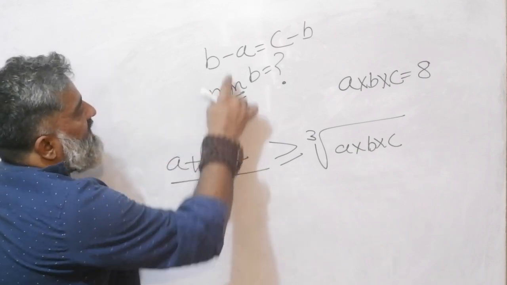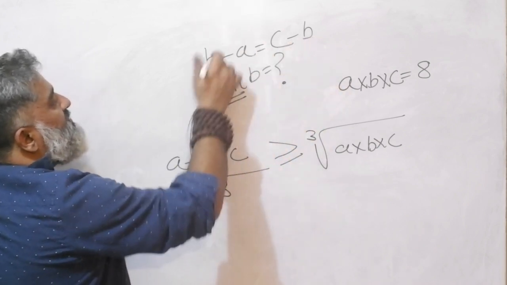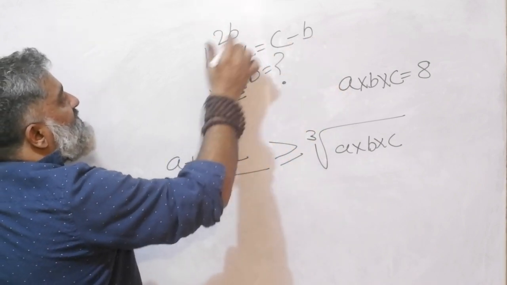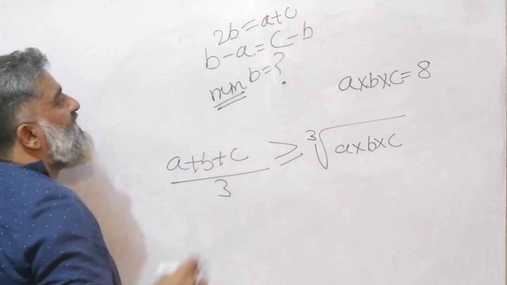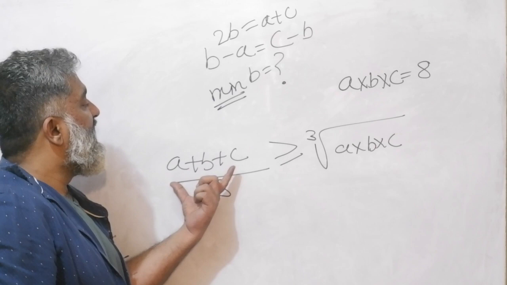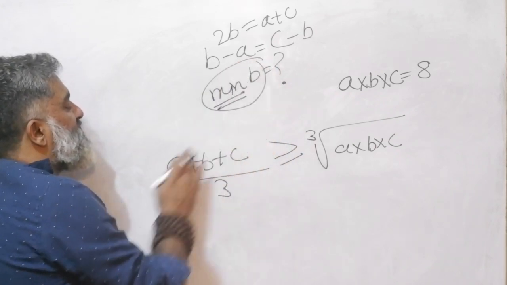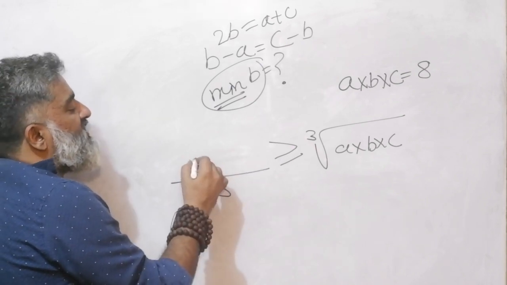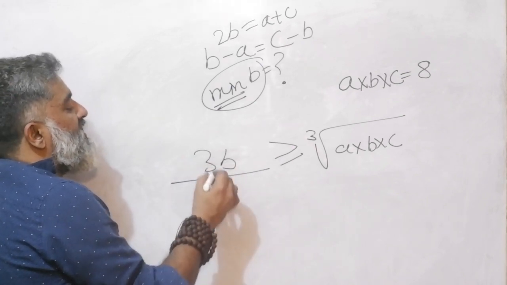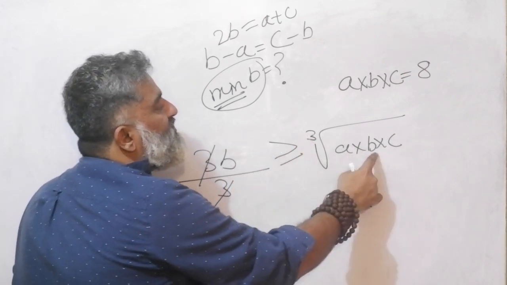Now, in this story, can I make a replacement from this equation? I move the b here, the same thing can be written as 2b is equal to a plus c. This a will go on the other side and become positive. So a plus c is nothing but 2b. I wanted my story in terms of b, so I will just convert all of this into b. I had a b already and a 2b will give me a 3b. And the 3 will get cancelled. b is greater than or equal to this product.